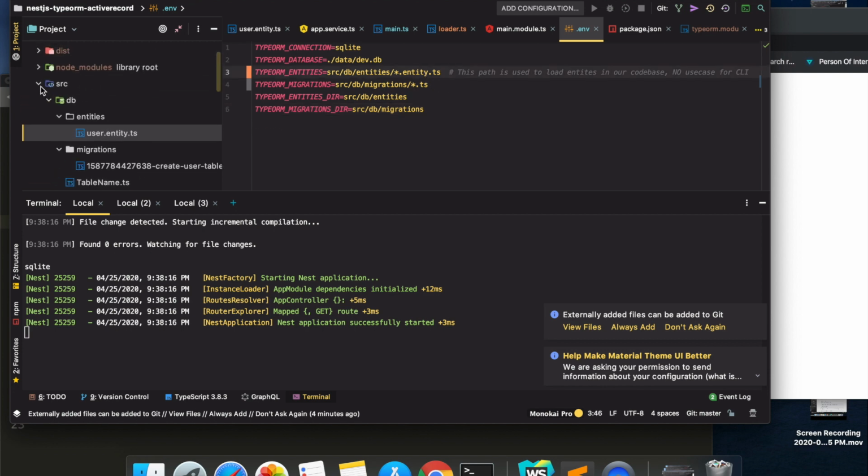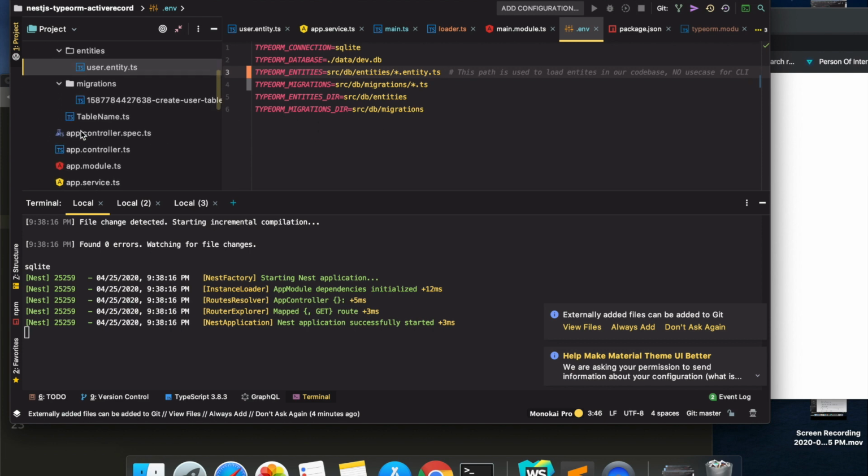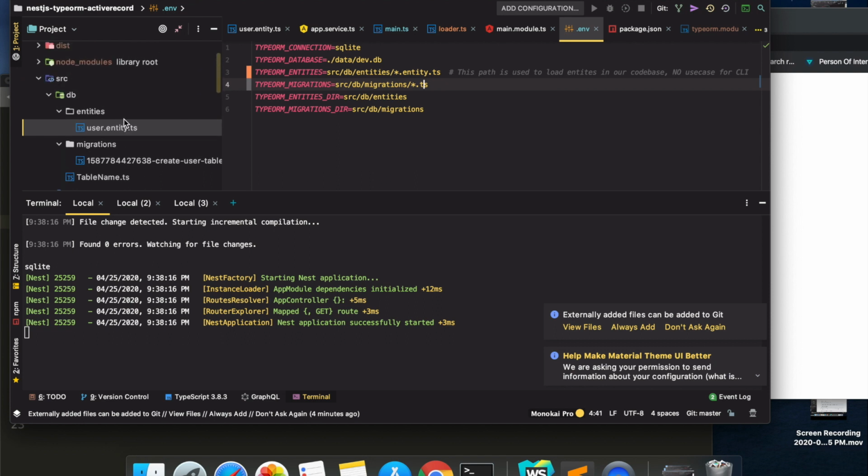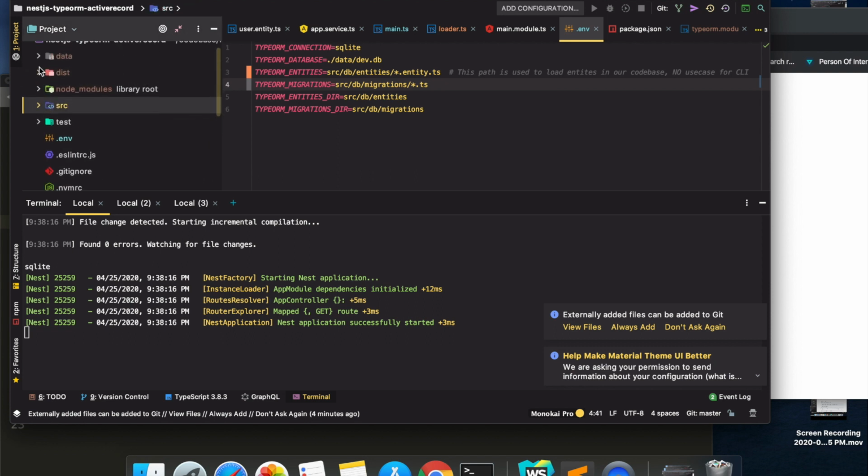If we run this code using ts-node, that is we are running the TypeScript file, then this would be able to load our entities from source db. But if we are running a compiled version of this code, which is in dist, you see in dist the entities are js files, and the location is changed too.